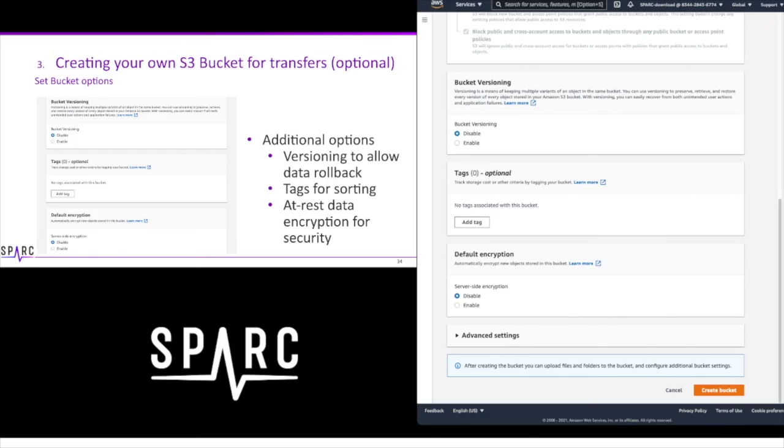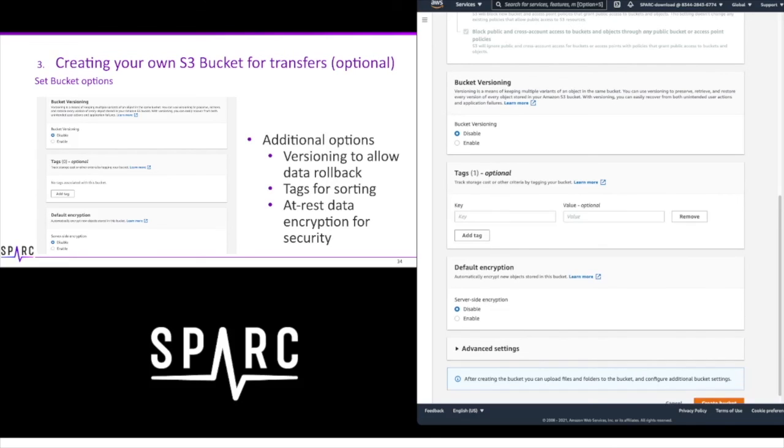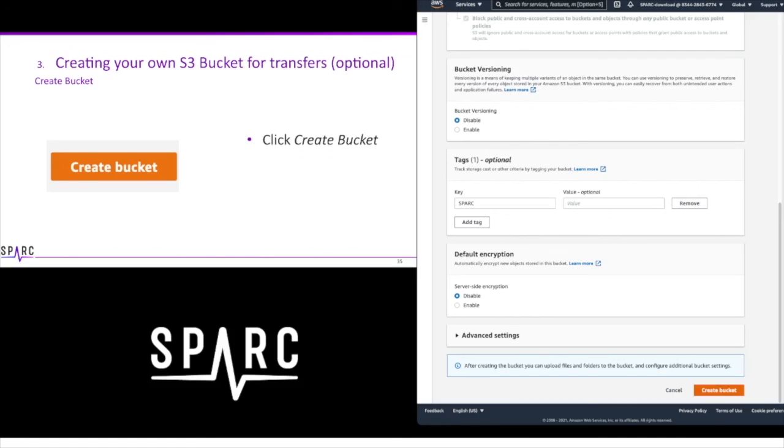Note that this may increase your storage costs. You can add tags to a bucket, for example, the name of your project and the Spark dataset you are transferring from. If security for your data at rest is a consideration, encryption can be enabled. Once all your settings are satisfactory, you can click the Create Bucket button.